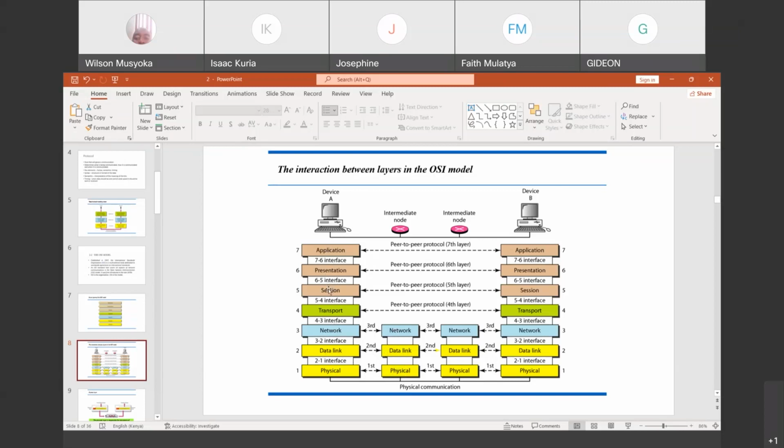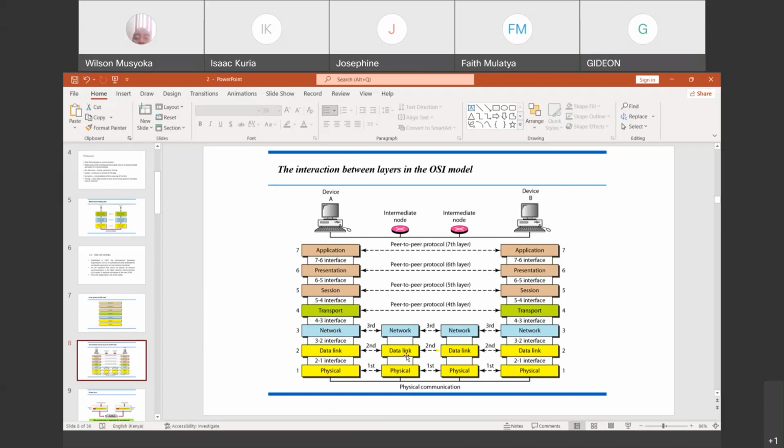Here, it was just the data. Down here, it became what? A segment where we attached the TCP address. Here, it became a packet where we attached what? The IP address or the logical address. Here, it becomes a data frame where we attach the MAC address, which we are saying it keeps on changing.